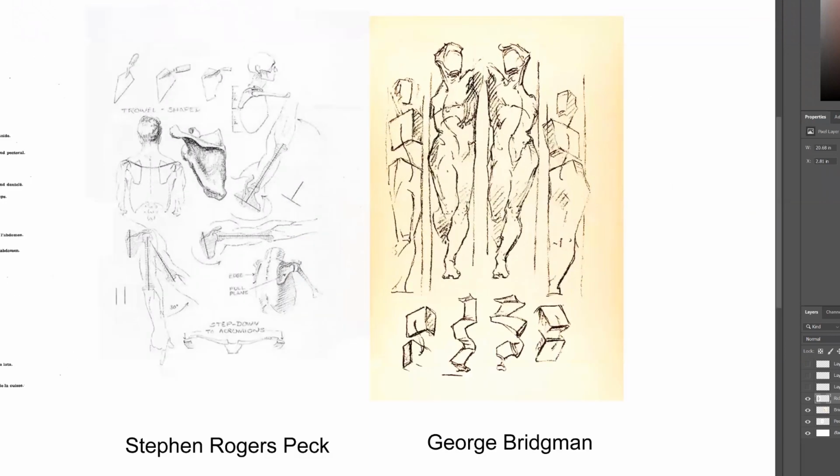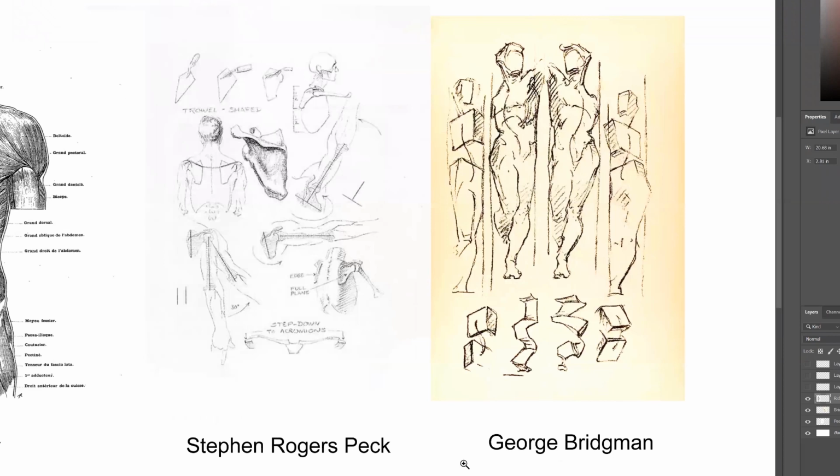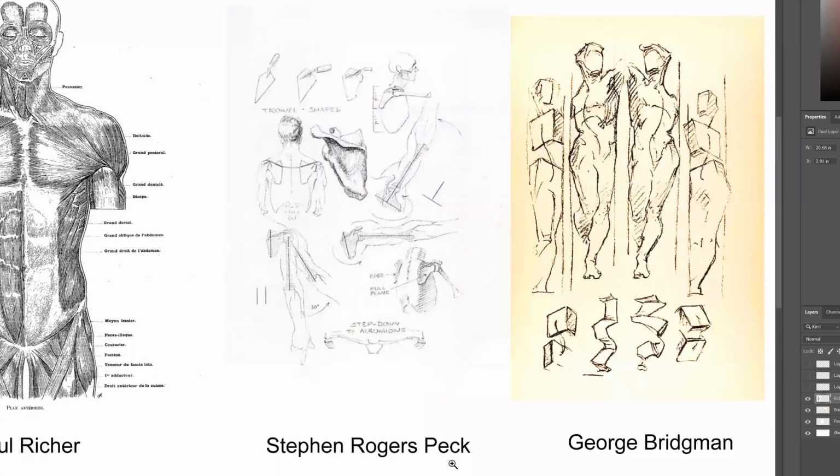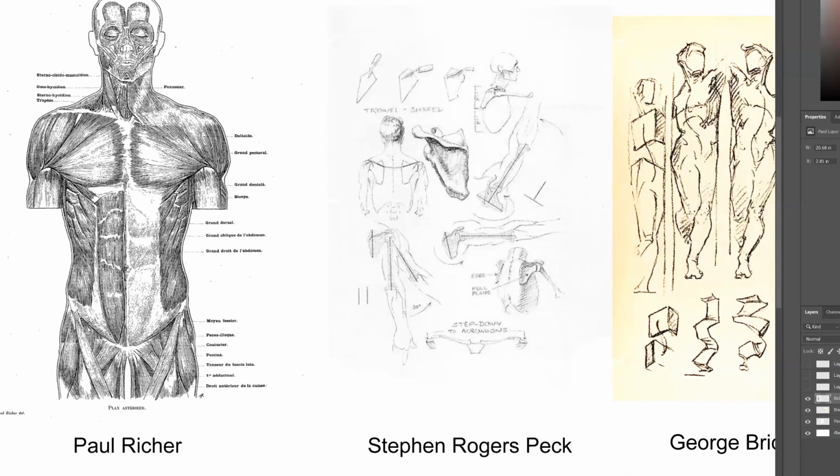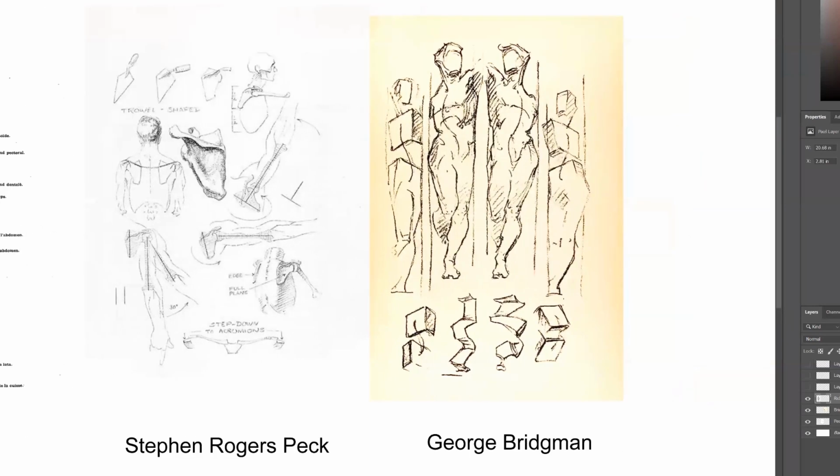So here I'm just giving you a rough idea of different ways that you could approach anatomy. Here I've given you an idea of the problems that I see with this approach, and the thing that makes Peck really strong is the strong visual imagery. There's a bunch of stuff that I teach that I have stolen directly from him, and with Bridgman, the magic here is